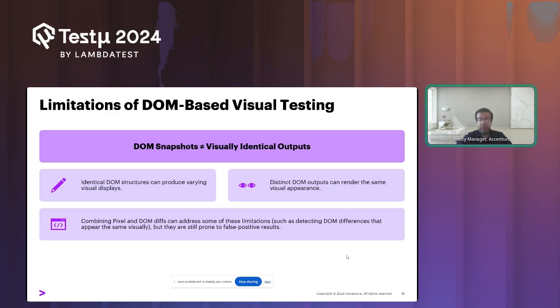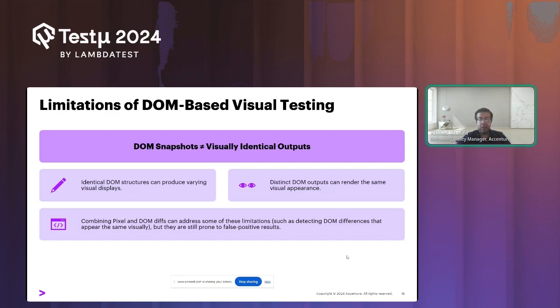And then people think, okay, let's combine pixel and DOM together, and this could give us better results. It did, but still it's prone to false positive results because at the end, the pixel to pixel comparison is really a problem when you have a change in the rendering engine. So this also was the second evolution for visual testing.